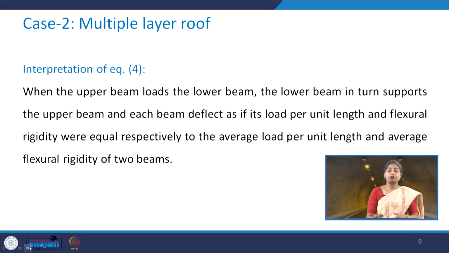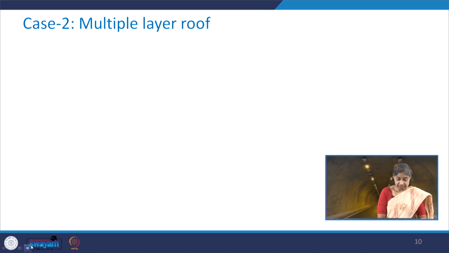So, it is kind of an average load per unit length of the beam and average flexural rigidity of both the beams. So, this is how this equation 4 can be interpreted. Now, if we have